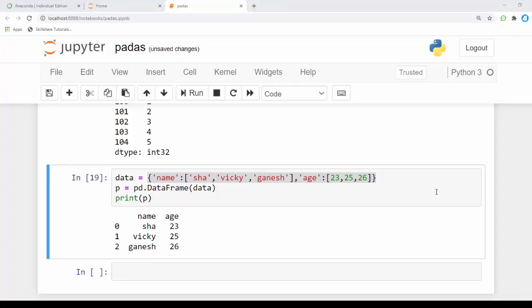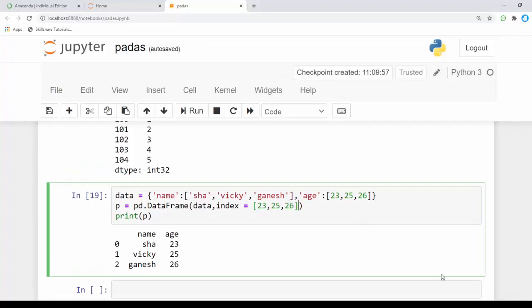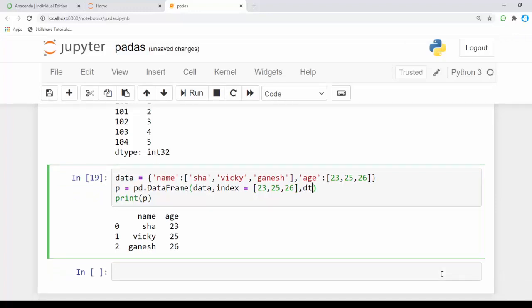We can also change the index positions here. In the previous data series type we changed the index, and like that we can also change the index position. I'm going to change the index position as per the age here, 25 and 26, and I'm going to specify the dtype format also.